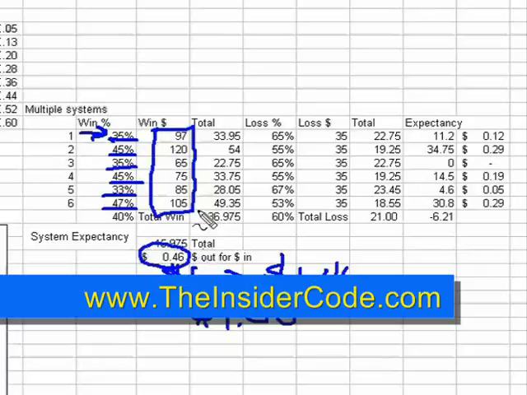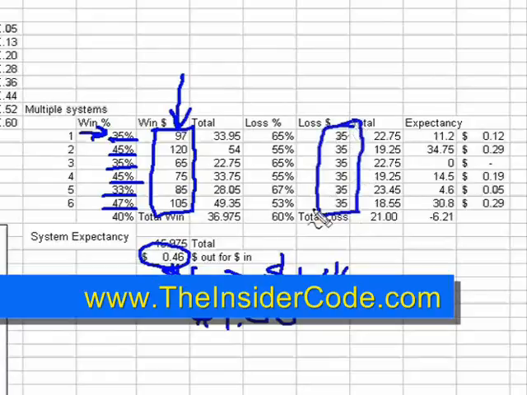Now, I realize that this doesn't take into account multiple exits or anything like that. It's just a very general picture, but it's useful. It's useful in that you can see that the most important thing is going to be for you to control the amount of money that you're winning. We can keep our losses static. Okay, the losses we take care of. You pull the trigger, you get out of the trade. As long as you're letting your profits run,